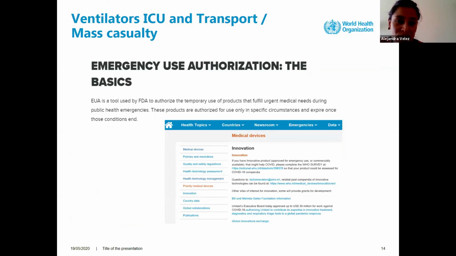Finally, we wanted to mention that we are aware of all this fever of manufacturing and creating and solving the problem with innovations. So we are assessing this situation from two perspectives in WHO. One is about the emergency use authorizations that have been provided by some regulatory agencies like the FDA or UK. We are evaluating case by case and comparing if they comply with the specs. But we know that these products may need to be reassessed by the regulatory bodies after a period of time.